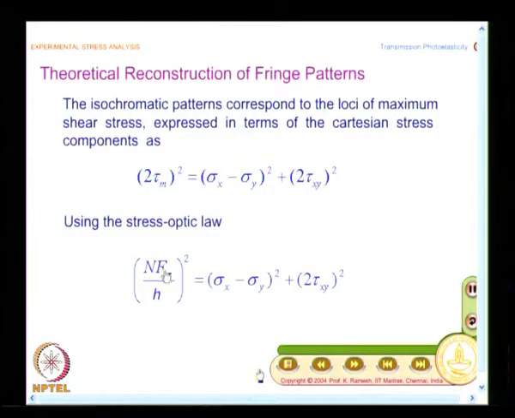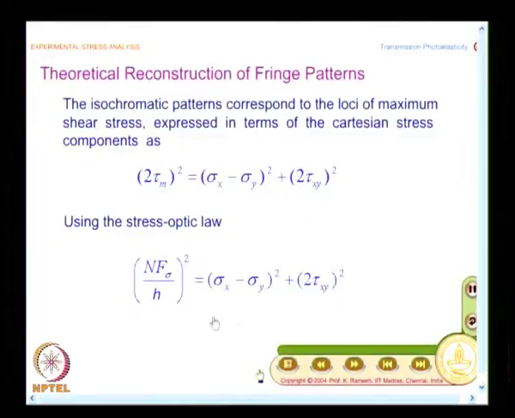And what do we get from stress optic law? You get N F sigma by H. So, this is related to this. Now, what you see as fringe pattern, you see as fringe pattern only the fringe contour n. Suppose somebody gives you a problem and asks you to plot a contour. What is the normal way which you will do? A contour is one where the value remains constant. So, you will go and find out the xy coordinates of that. That is how anyone will try to do.